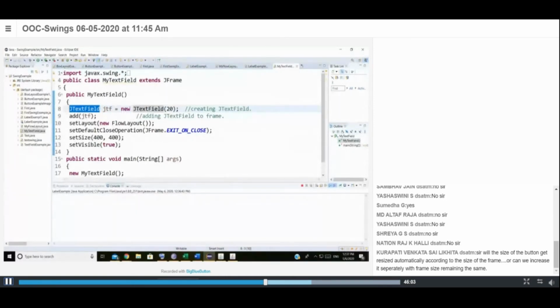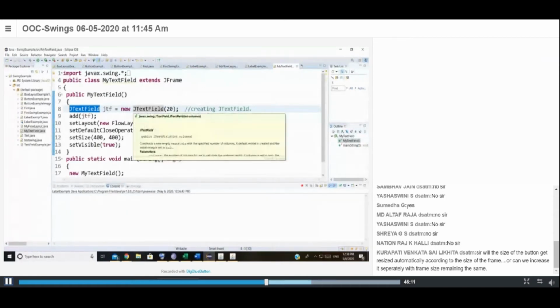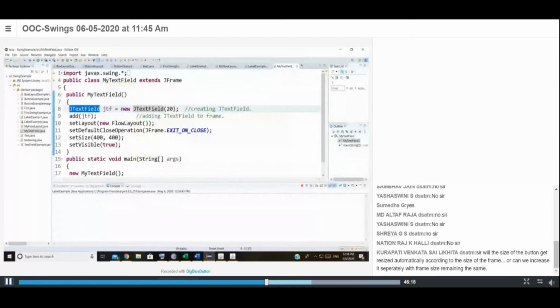In order to enable any frame with a box like this, where you are going to enter some text, you have to create instances for this class. This number is the maximum characters you can enter in that text field, so however much you pass, that many characters you can enter.